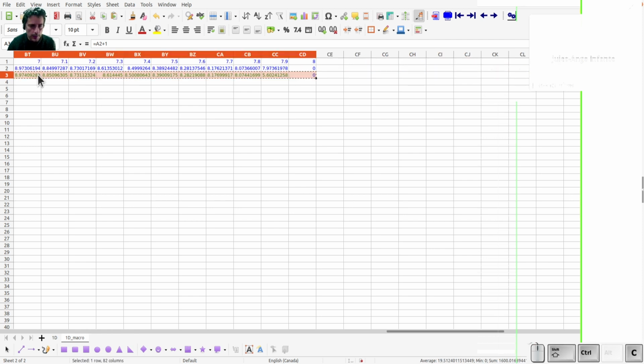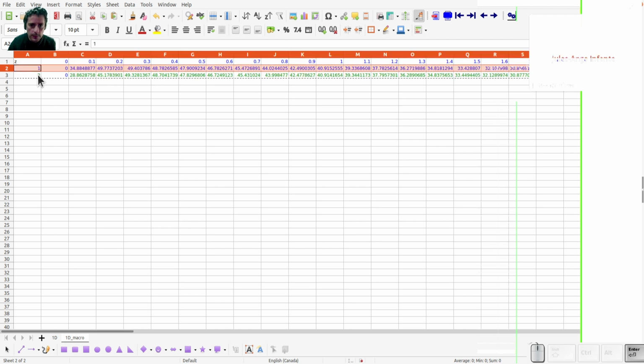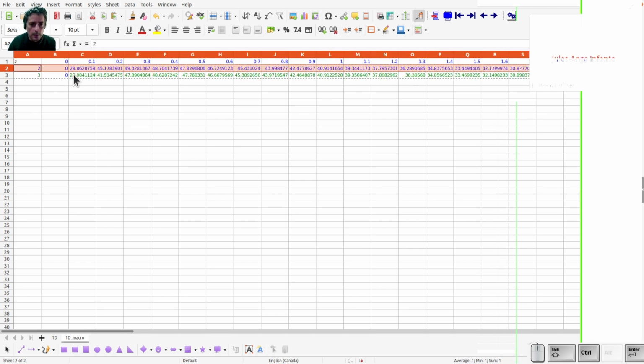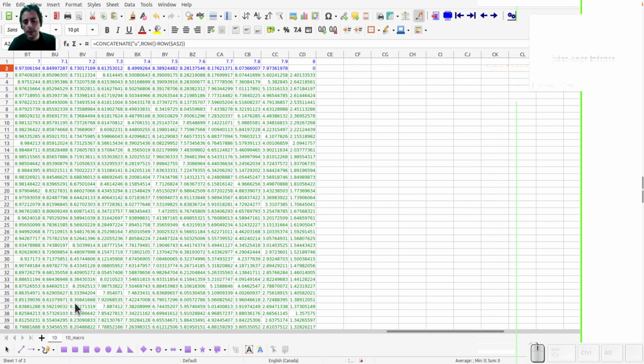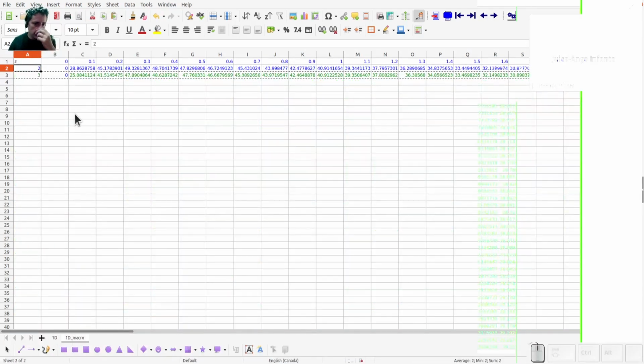So if I copy this and paste it there as values, I'm updating this, and at the same time I do my calculations, but I'm using less real estate, right? And I don't have to make a bigger and bigger spreadsheet every time, which, as you know, can become pretty heavy to use. And so I have made a macro to do these things,